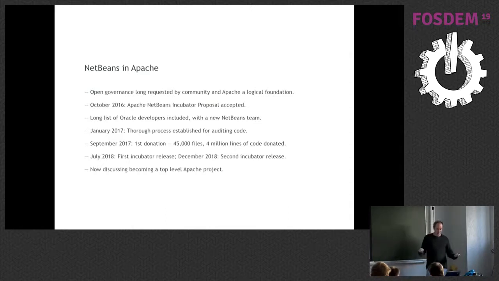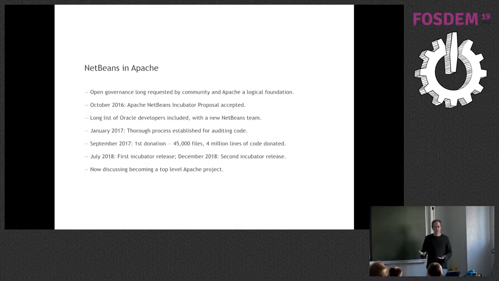Our mentors in Apache, Apache is wonderful. They give you mentors, they give you a VM, they give you GitHub, they give you a governance model out of the box. Everything we needed, all the structures are there. So we've simply had to adapt to these new structures, and we've been doing really well in that sense. It's a really large project in Apache terms. It's got the most lines of code, competing with OpenOffice in that sense.